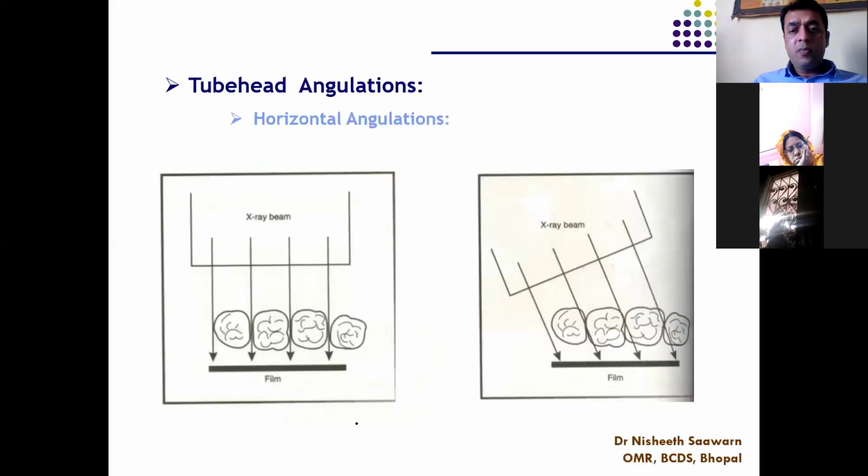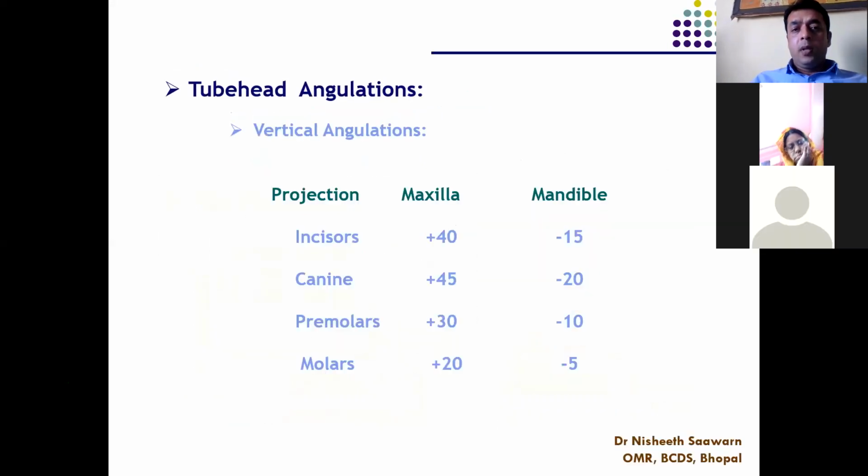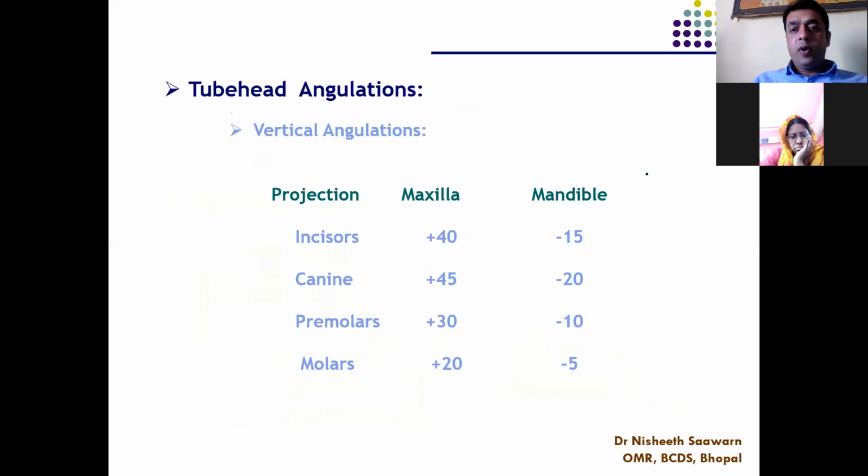We'll see something. Okay, these guidelines are there. What are these guidelines? What happened is that these guidelines have been given after we made multiple radiographs. Some people made hundreds, thousands of radiographs. And what they found is that while making a radiograph of a maxillary incisor, see, if this is the patient's head,